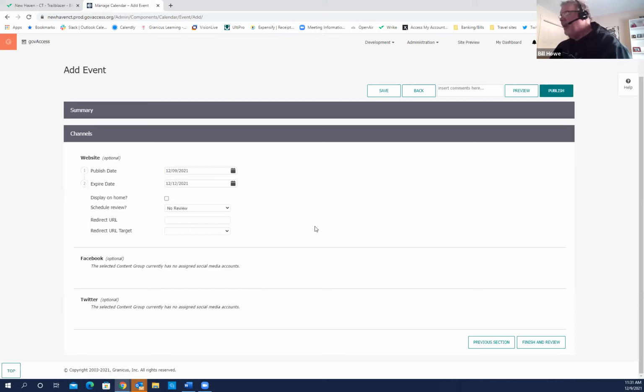Do you want to display it on home? You can see it right there, display on home. Now, if you recall, I showed you the calendar events widget on the front page of your site. Do I want it to display there? If I don't, it's just going to show up under my calendar widgets, and then I have to search for them. Depending on what widget I've got, I can find it there and then look at it. But I want it to display at home, so I'm going to check that